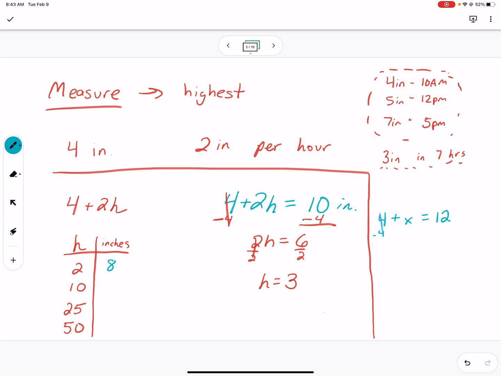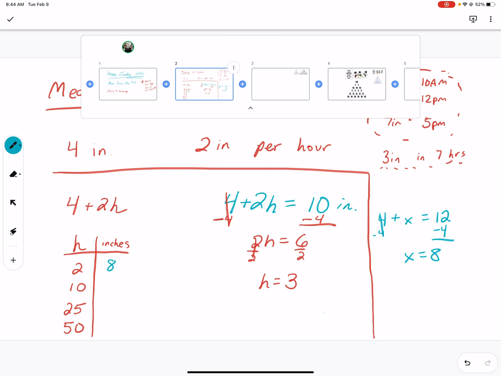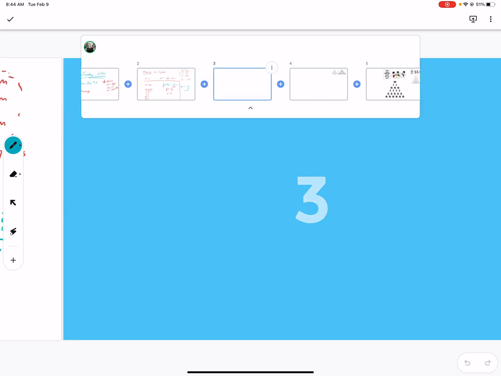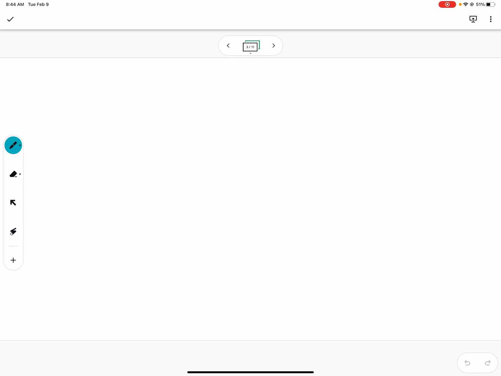Well, we take the 4 away. It snowed 8 inches. Okay. Now, if we want to think how much it was per hour, we'll think about it. How many hours are in a day? 24. So you'd have to divide that out. So again, you could do a lot with the snow out there. I'm kind of wanting to see what you can come up with. So I'm going to add in another slide here for your information. So any info that you want to put in here about your snow day. And when you make a copy of this, you can delete how I put this. You can put whatever. All right, continuing on.